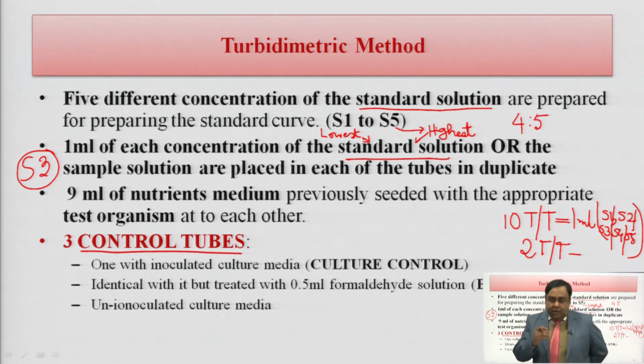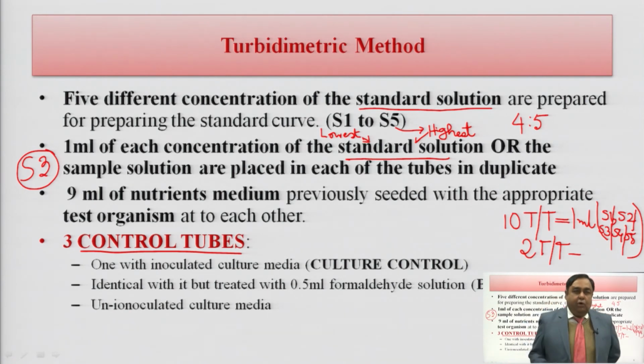We are going for sterilization because the nutrient media must be free from any microbial contamination, and the microbes which you are adding later on, only those should be present, and we will evaluate the effectivity of the antibiotic